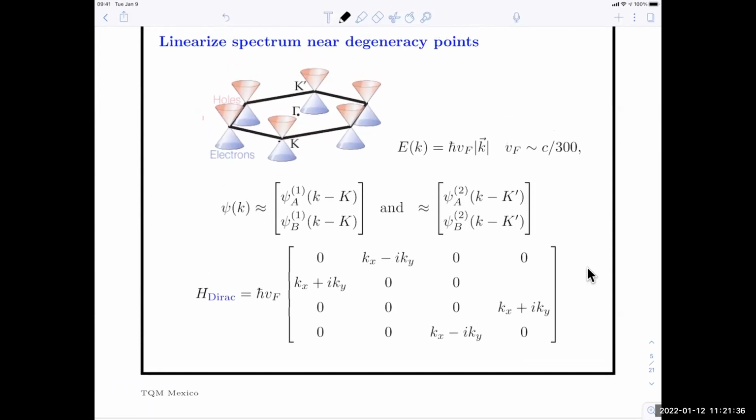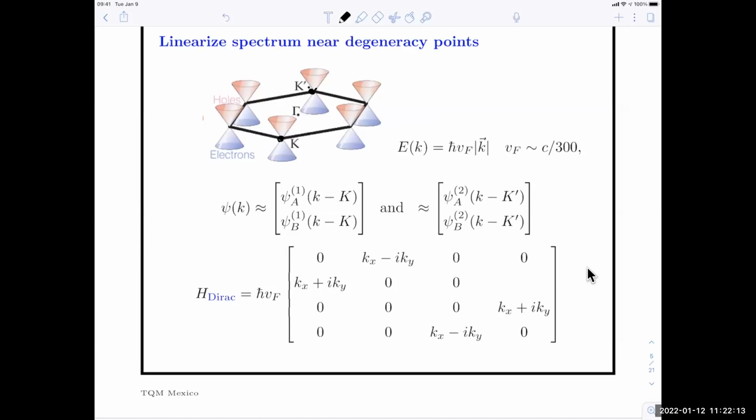Now, the degeneracy in this Hamiltonian, it's 4 by 4, but you can see that it's arranged into 2 by 2 blocks. It's 4 by 4 because there are actually 2 of these degeneracy points per Brillouin zone. So this, for particle physicists, is a famous fermion doubling, which should happen for a model with local interactions on a regular lattice. Then indeed here it does. And so you get doubled fermions, and what in graphene science is called 2 valleys.